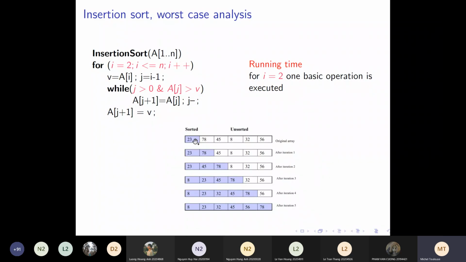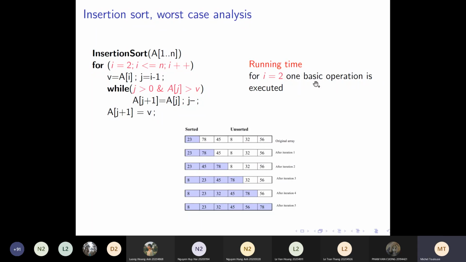And if the element we try to introduce in the array is the smallest one, then we have to do many iterations of this while loop until we get to the last position, until we get to j equal 1. So the running time of this algorithm is going to depend on how the array that we try to sort is structured, because the position where we need to put the next element that comes from the unsorted array, the number of times this while loop is going to iterate, is going to vary based on the value of the next element to sort. So